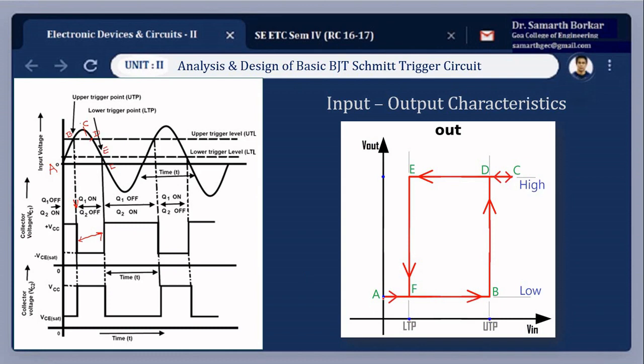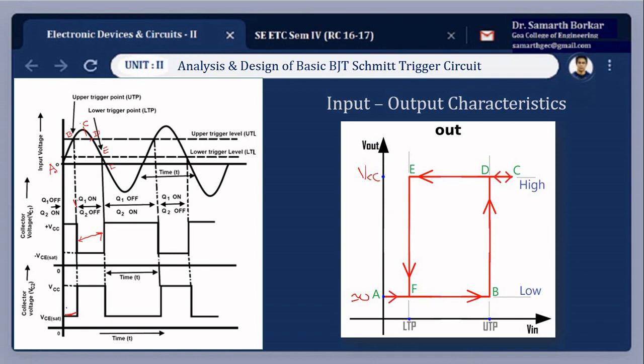Fine. Let us mark this point as A. So here the beginning point. Now for the interval A to B, for this level of signal from A to B, the output is low. So that is being marked here. So output can go up to VCC, and we mark this as near about 0. So up to a value of VB for the input signal, what we are trying to plot here is the input signal versus the output signal.